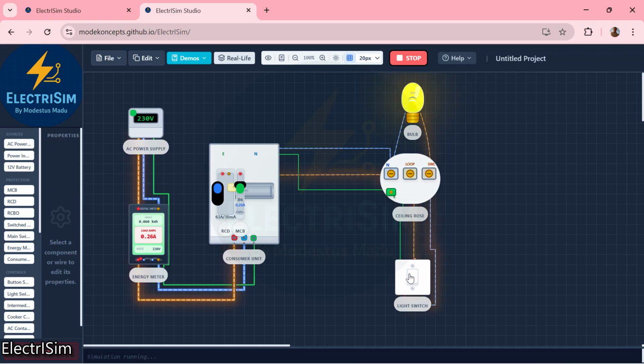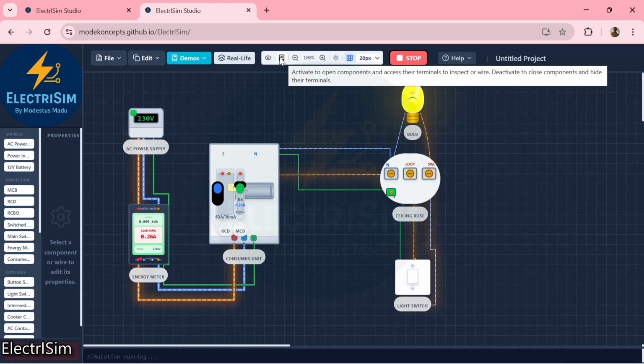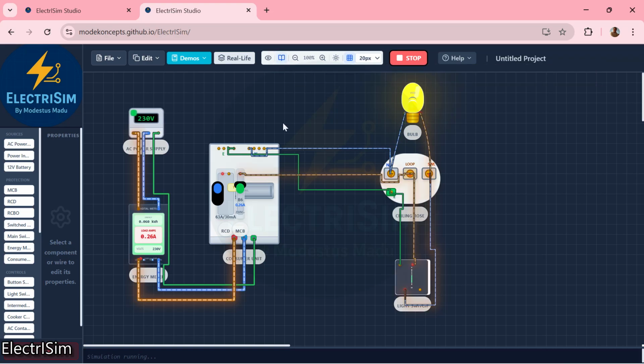Now I want to see the terminals of my components, to see how the current flows in and out of the components. I will just go to activate to open here, to open the components. So the components are now open. I can see how current flows from the supply through the consumer unit, through the MCB in the consumer unit, to the ceiling rose, the loop terminal, coming to the switch, the common of the switch, to the L1 of the switch, going through the